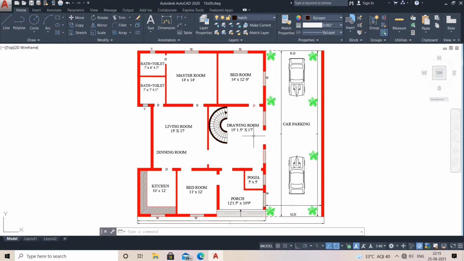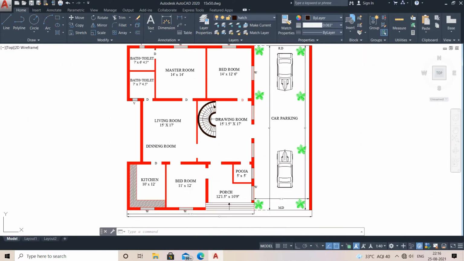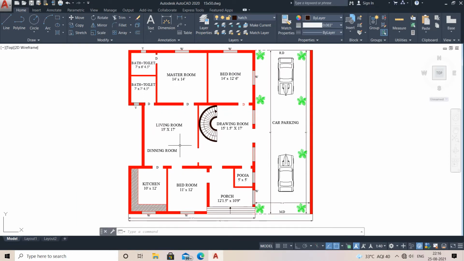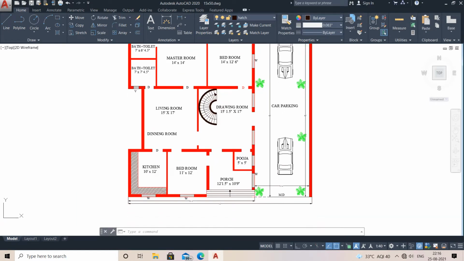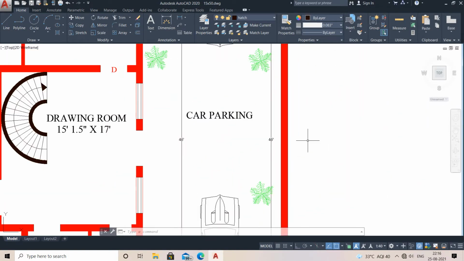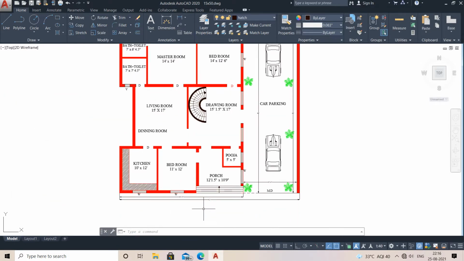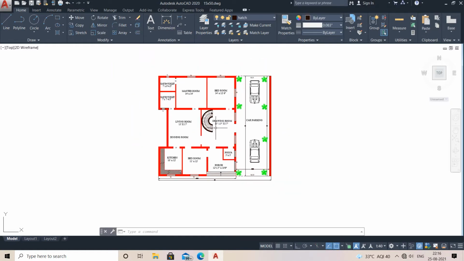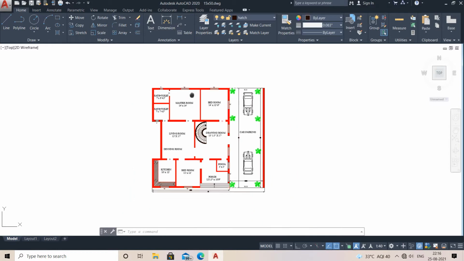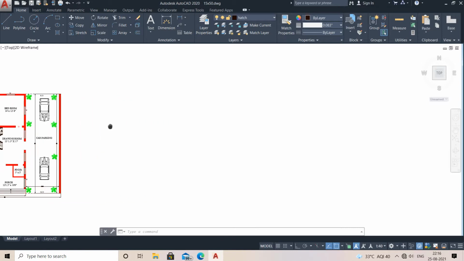So you can see this is my floor plan and it is completely according to Vastu, right? And I have placed the stair as a semicircle. So in this tutorial I'm gonna tell you each and everything. The plot size is, you can see, 52 feet in width and 46 feet in length, and it is east facing, and it has two roads. One is east and another one is west, so it has been designed like this, right? So let's start this tutorial.